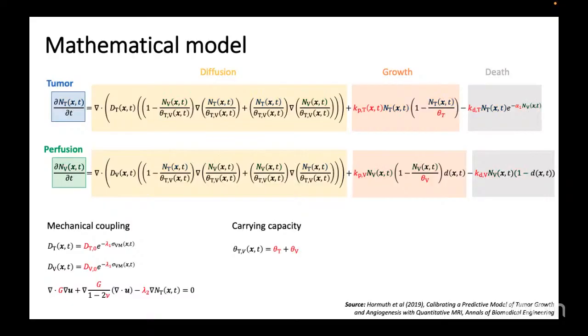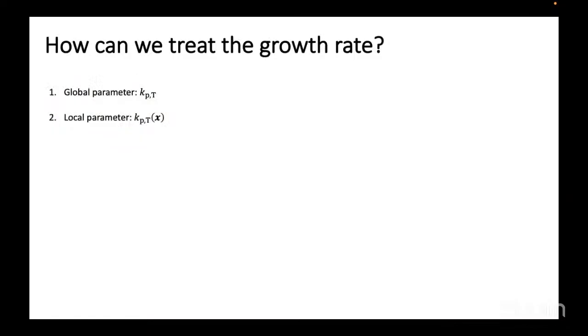So these are in red the parameters of the model, and the one we are going to focus on most here is the growth rate, because there are different ways of treating each parameter. In this case, the growth rate, we can calibrate it as a global parameter, but this doesn't take into account any spatial heterogeneity. So we could do local calibration for the parameter, so we would have a different value for each pixel or voxel, but this dramatically increases the complexity of our model or of the parameter space in which we perform the